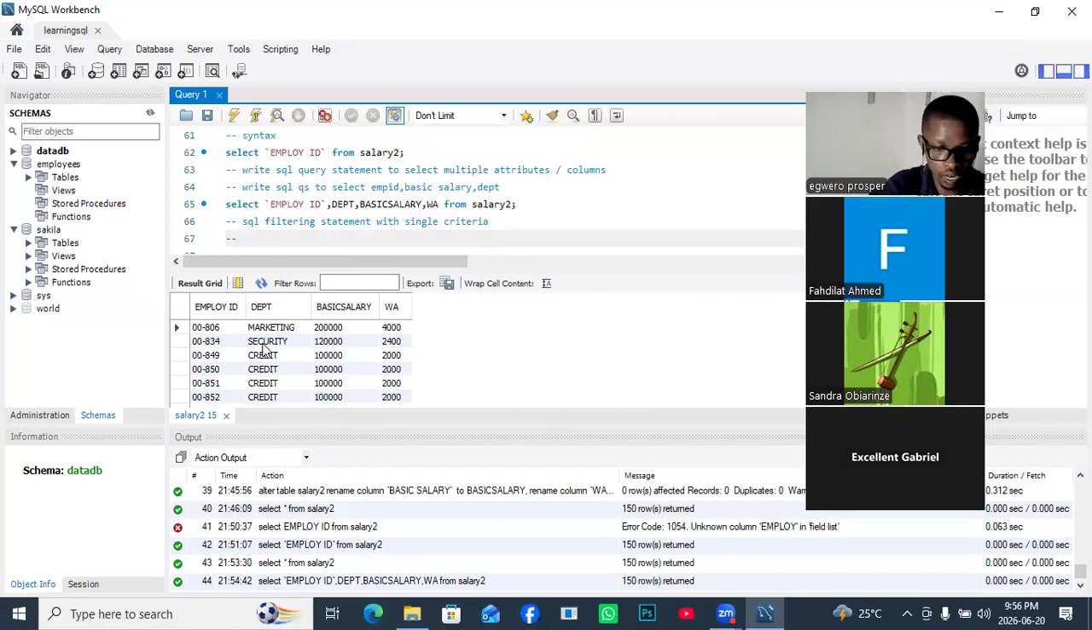The task is write SQL query statements to fetch or select only employees from marketing departments, comma, return only